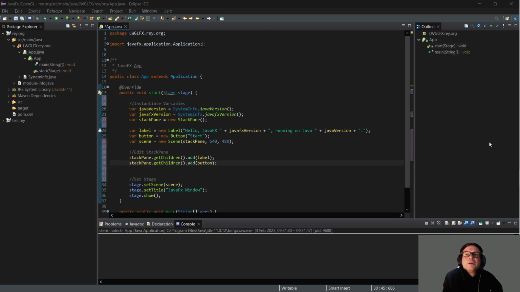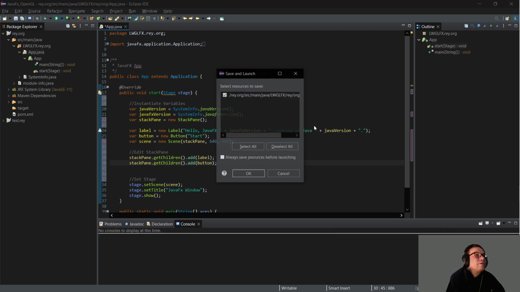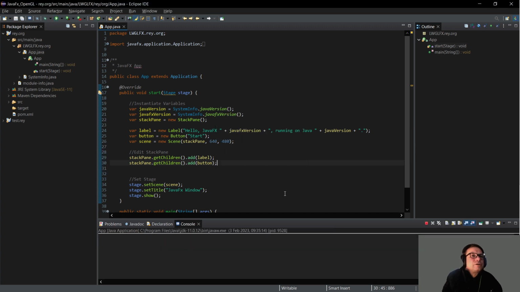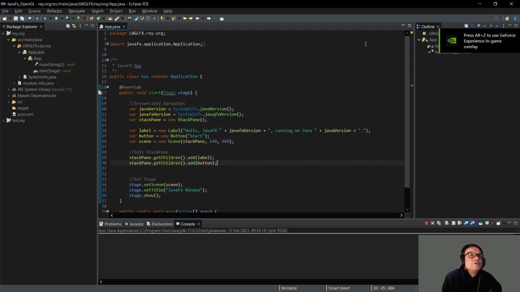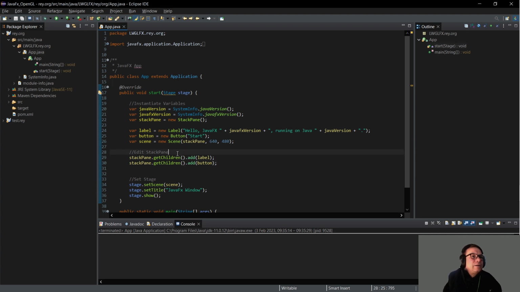I'm just going to open this. There we go. So now if we run this, you'll see that it's going to be a little bit messy, that we've got the start button just appearing on top of the Hello JavaFX. So I'm just going to move that label up to the top here using the JavaFX geometry libraries, and it's actually very easy to do. So let's say StackPane children,